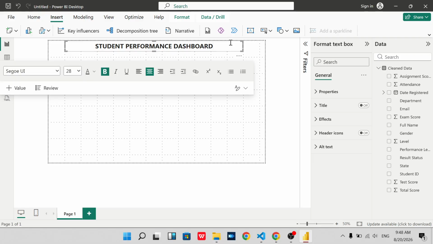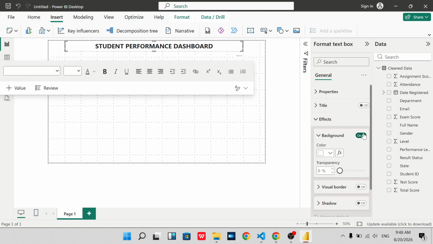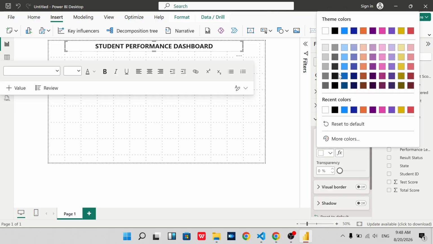You can change the background color and the likes. Okay, so let's work on this so that I just show you some stuff. If you want to change background color, always look for effect. So come to effect, you can see background color is on, ensure it is on. So change the background color to something